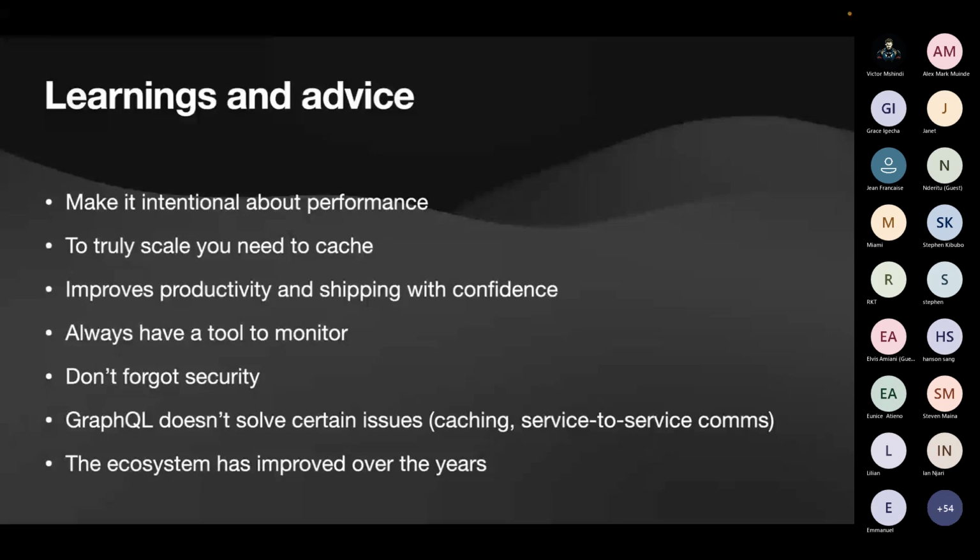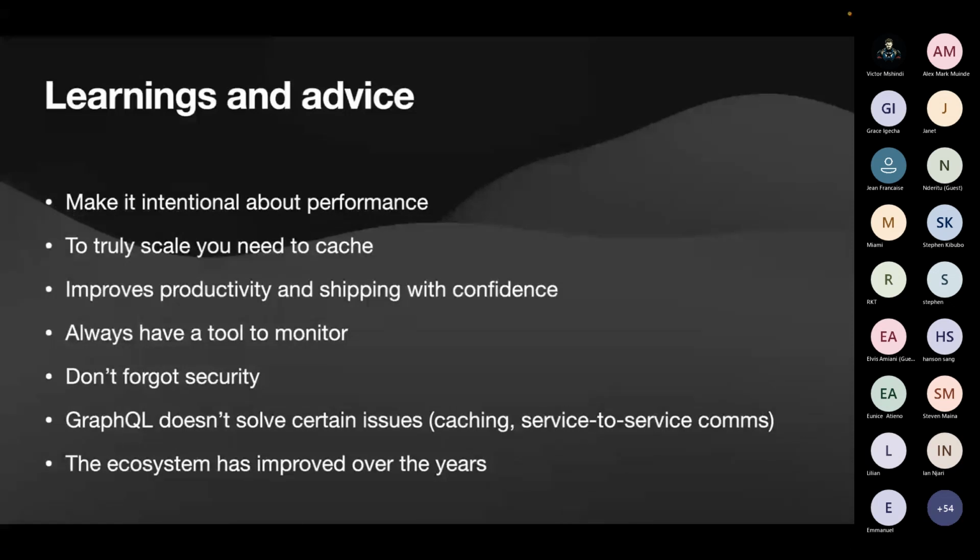And if you truly want to scale, or if you don't want to break your bank paying for databases and cloud resources, you need to cache stuff, and preferably on the edge network. But with GraphQL, the landscape has changed. It improves productivity.